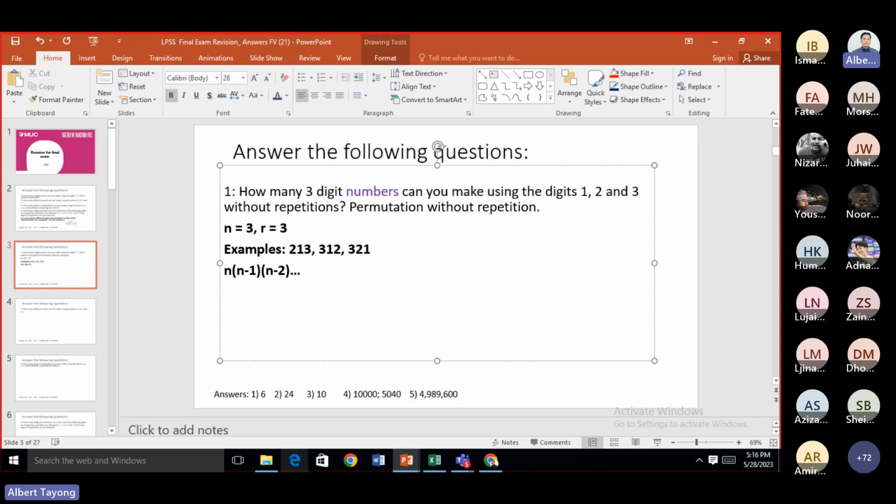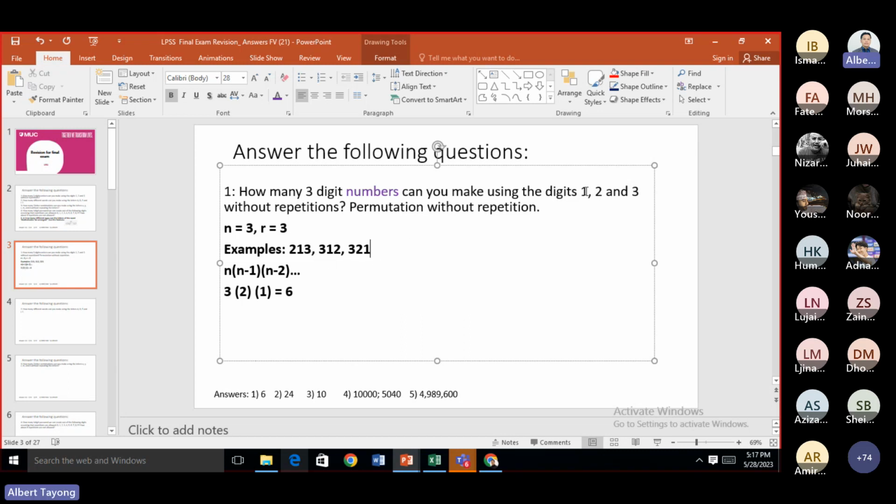If you forgot this, you can use the formula n factorial over n minus r factorial. Here we have 3 in the beginning, times 2 in the second pick, and the last pick it will become 1, because we keep on subtracting. So 3 times 2 times 1 is equal to 6. There are 6 possibilities